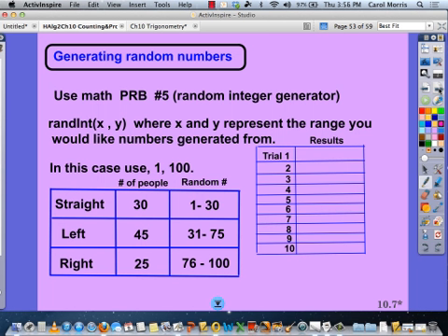It gives you a parenthesis. In that parenthesis, you want to put your X, Y ordered pair that represents the range of numbers you are using for this specific data. The range will always change. This one, it was only 100 cars going through the intersection, so we want to go from 1, 100 on